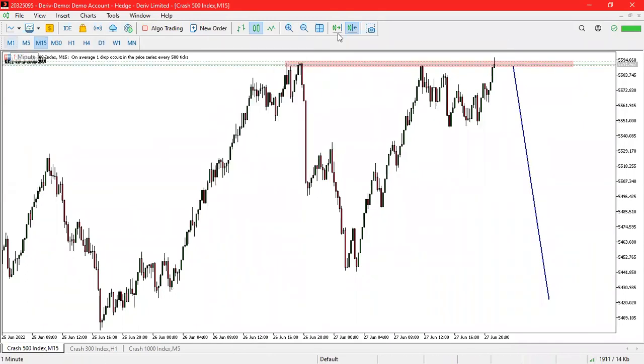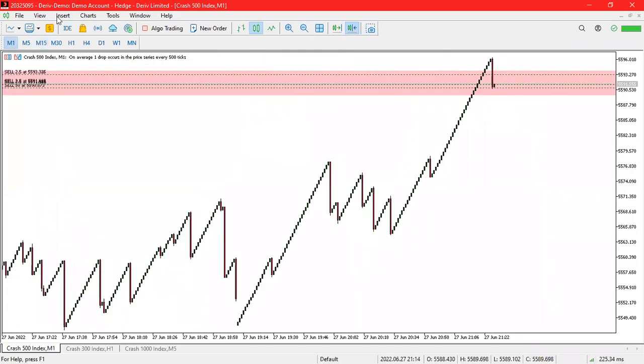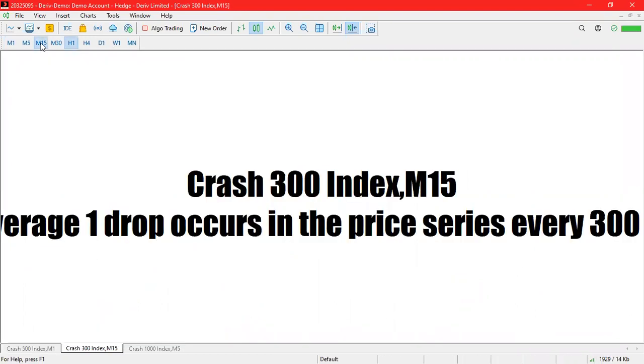Now we got one spike. So it acted as if it's breaking above. So we're still expecting more, like this one that I'm using. Now it's 1 minute, so we're still expecting more spikes there. So let's hold with patience. I want to show you everything there. So I'm still expecting more spikes. Then let's check Crash 300.